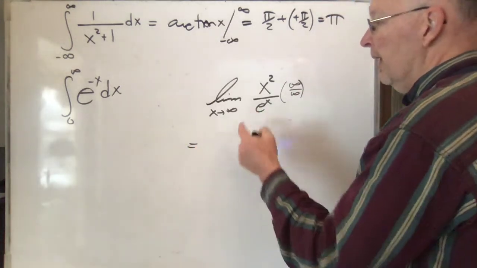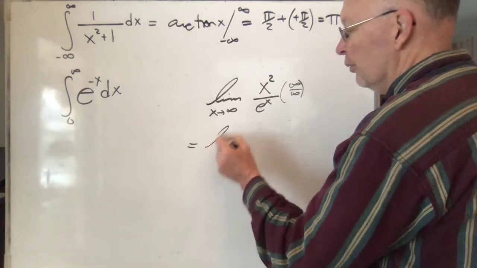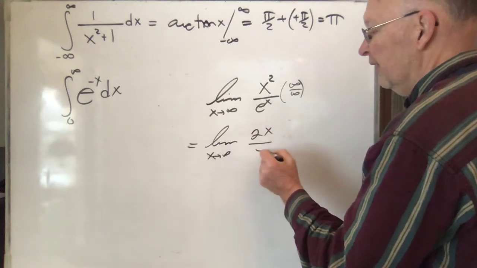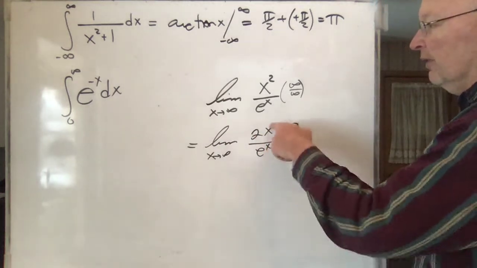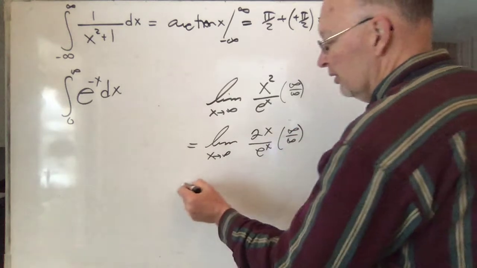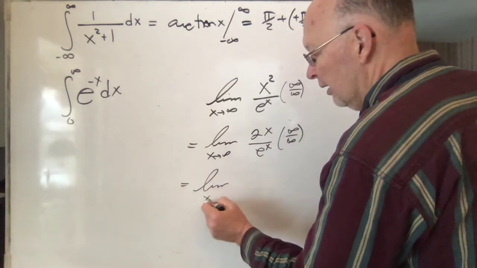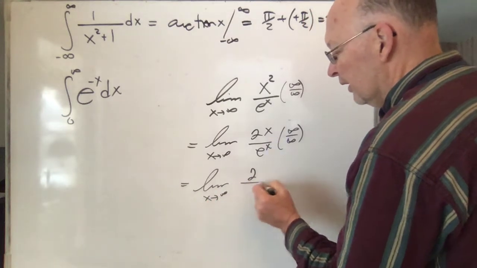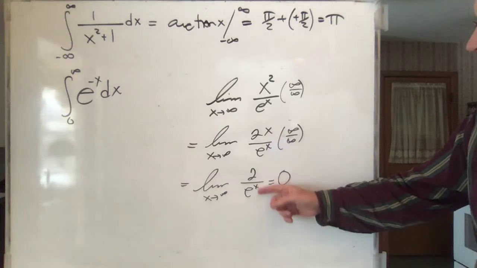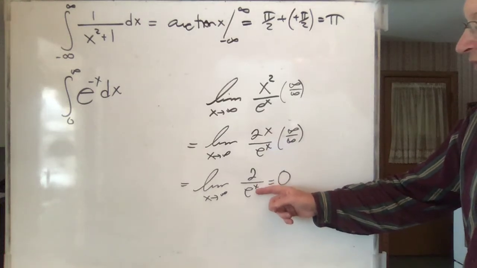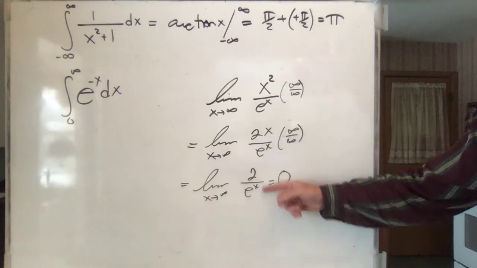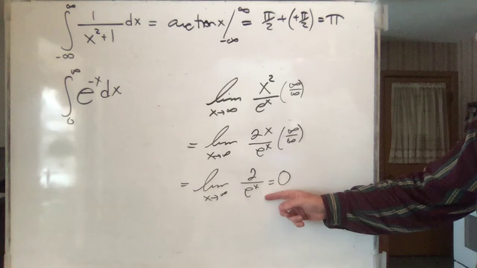Yeah, Calc 1. And so you can use L'Hopital's rule, and it becomes the limit of 2x over e to the x. Take the derivative of each one of those separately, and you still have infinity over infinity. So you can use L'Hopital's rule again, and you're going to get 2 over e to the x, and that goes to 0. So the point is this limit goes to 0, which means this thing is overpowering this. And it took using L'Hopital's rule twice to do this one.